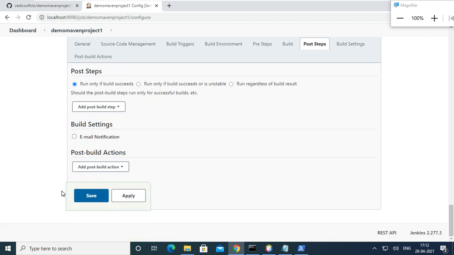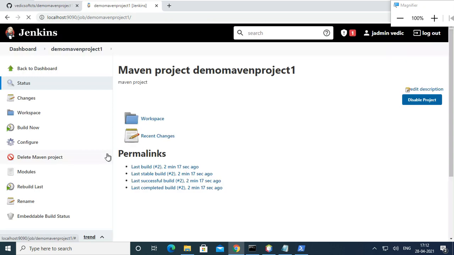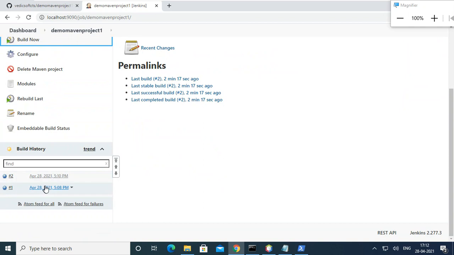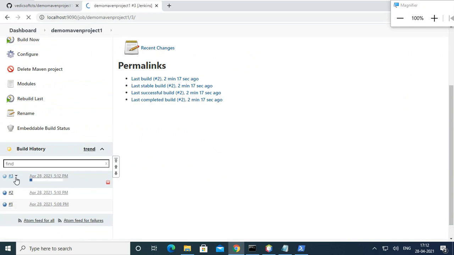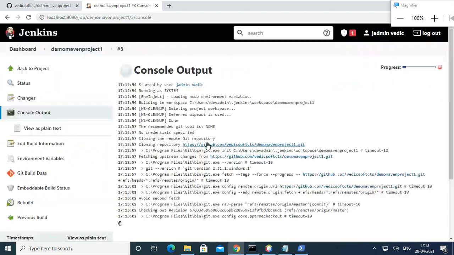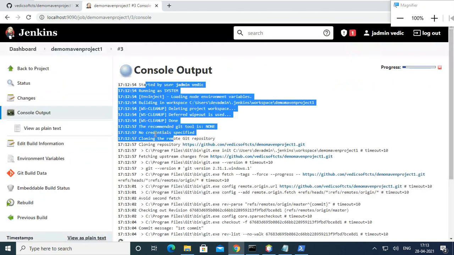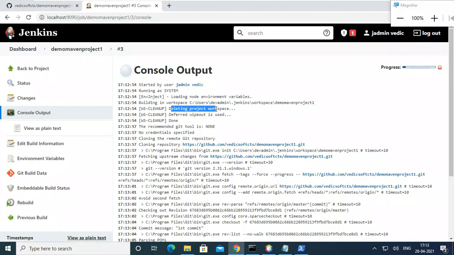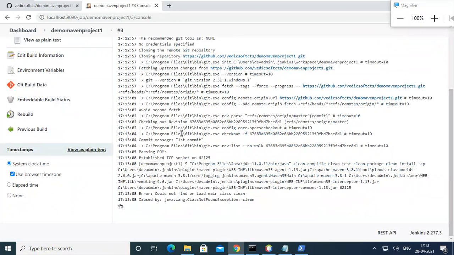I'm just doing this one. Build settings, email notification and so on. Save. Go to build now. Then the new build is started. So it starts itself in blue color, meaning it is going on well. So you can see the timestamp. Deleting workspace. You can see it deleted the workspace. Whatever the content was previously, it is deleted and freshly loading. And here is an error.